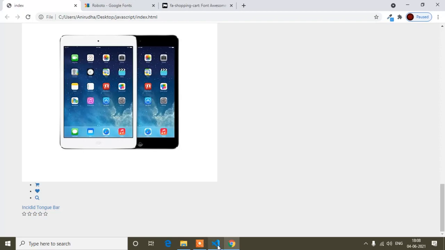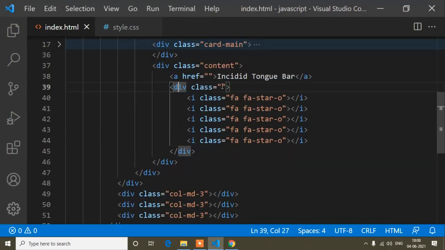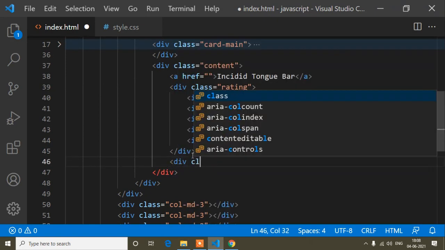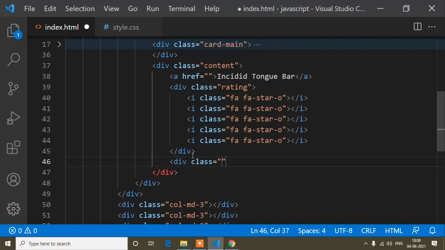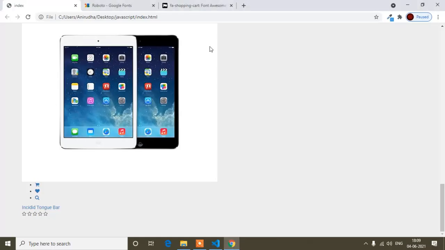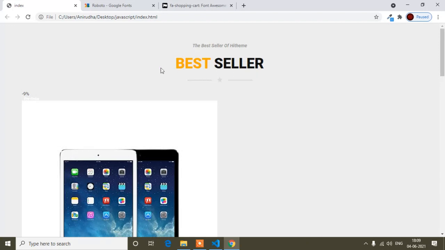And now guys, here I will set the class as rating, and now below this rating class, here I will write div class, here I will write the product price, so P tag. And inside this P tag, first of all I will write a span, because the same thing I showed in the heading: when I need to change only one word, I pass it inside a span tag.